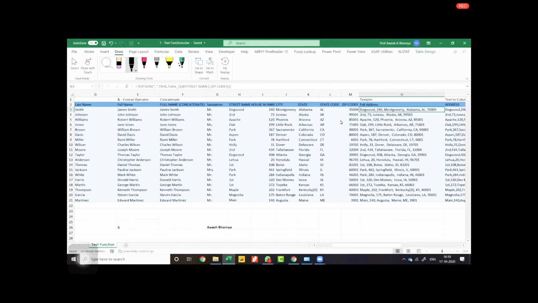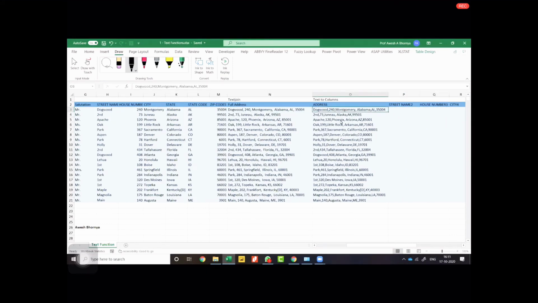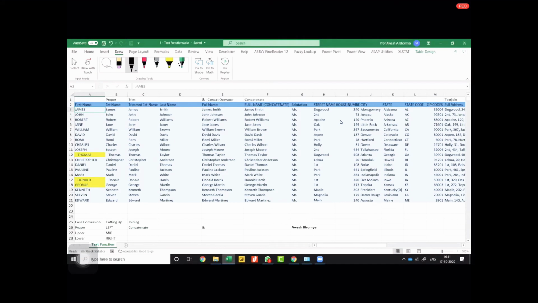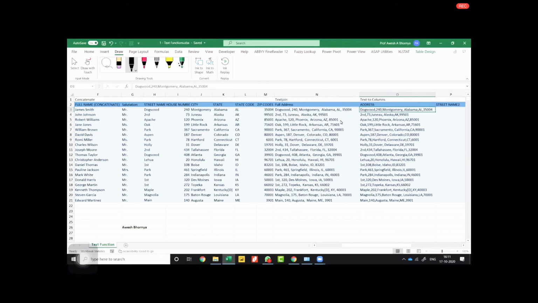Okay, so you have TEXTJOIN. Now we've learned how to join the strings together. Now let us see how to split them. Remember, up till now, all these things that we did, we worked with setting the text to proper case, then trimming the text, then combining the text with the concatenate operator and the CONCATENATE function, then we used the TEXTJOIN function to combine the data to complete a whole set of elements to get you the full address. Now the problem is, we need to split these into the original elements.